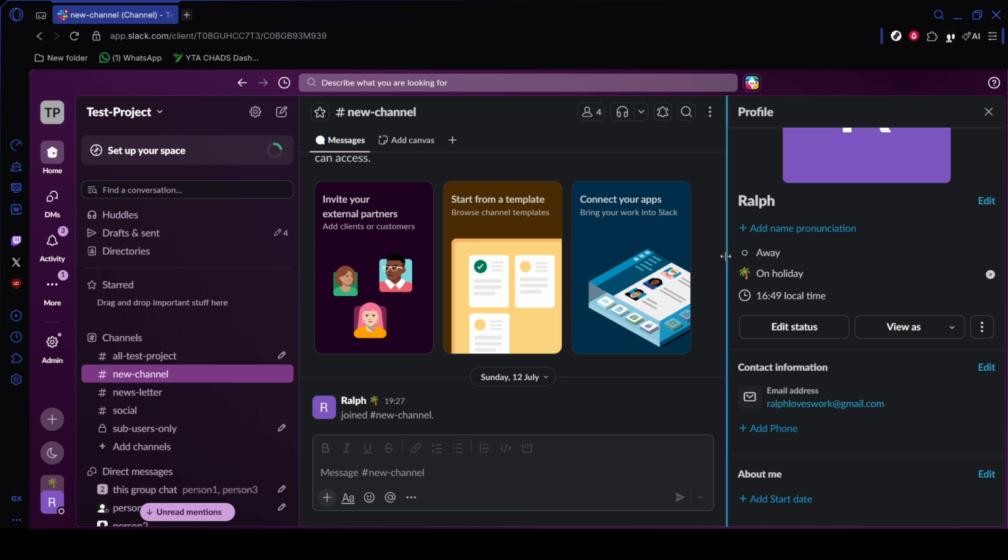After the scan is successful, the app will begin signing you in automatically. You may briefly see a loading screen while Slack verifies the secure session and loads your workspaces and channels. Once that finishes, you'll be taken straight into your mobile Slack interface and can start